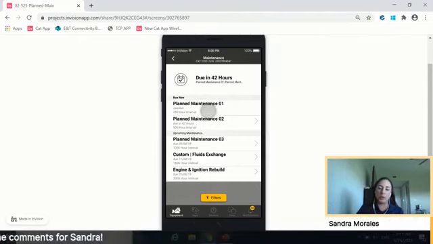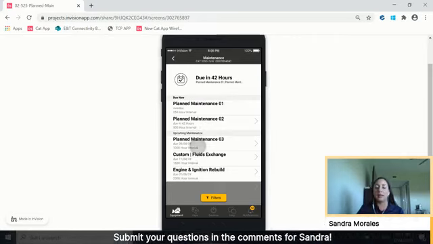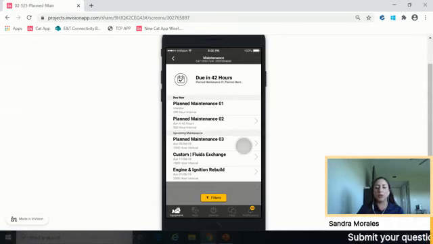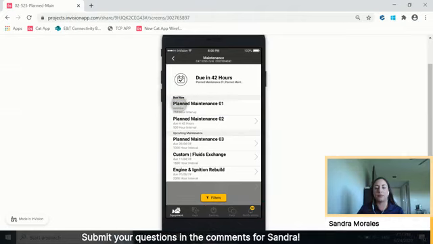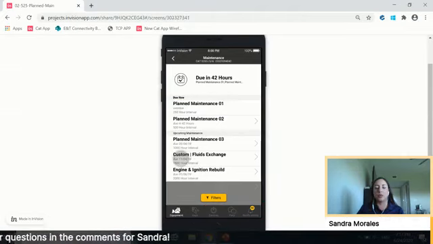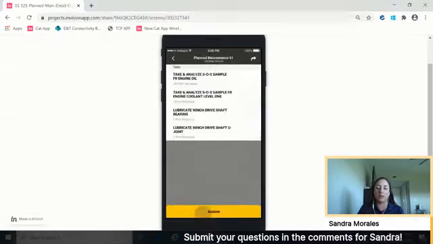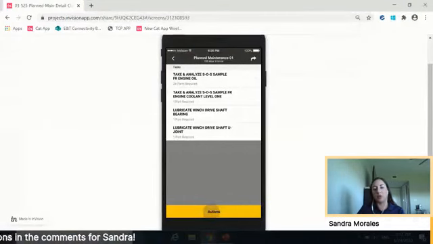And you have a couple of options here. Let's say that you are the one that performs the maintenance on your machine. So you wanna go ahead and plan before you perform the maintenance. So if we click here, you are going to be able to see what are the actions that you have to take for that specific maintenance. But also, if you want to order the parts, and if you click here on the button on actions,